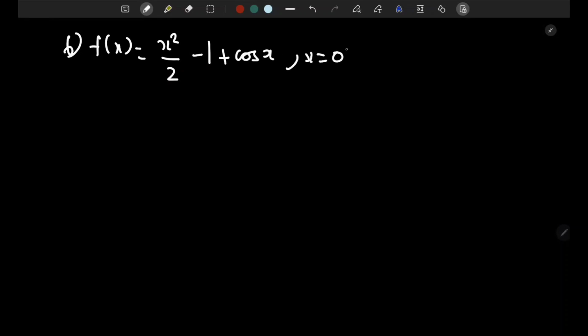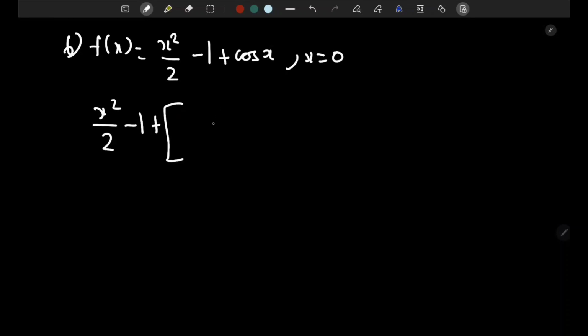So let's do question 6 now. f of x is equal to x squared over 2 minus 1, plus cosine of x, at x is equal to 0. As you guys remember, we did cosine in our last example, so let's write the answer. It's going to be x squared over 2 minus 1, and then the answer that we got for cosine was,